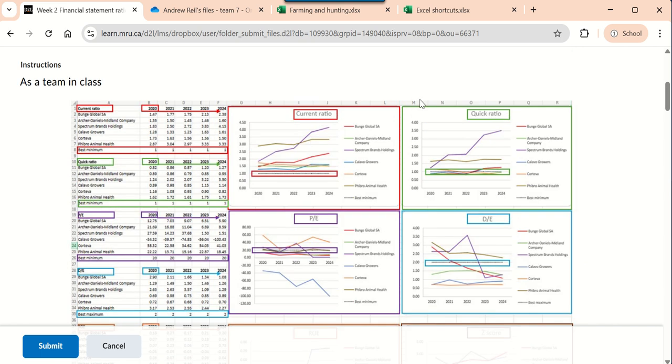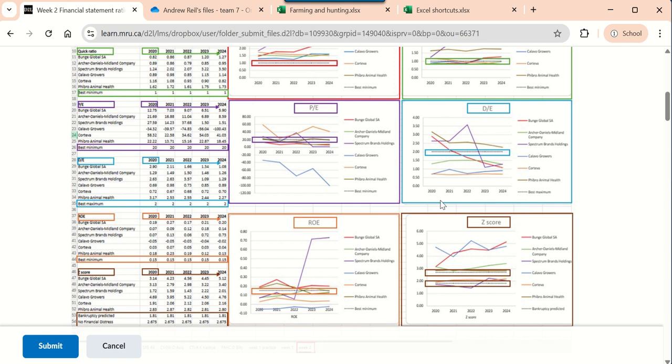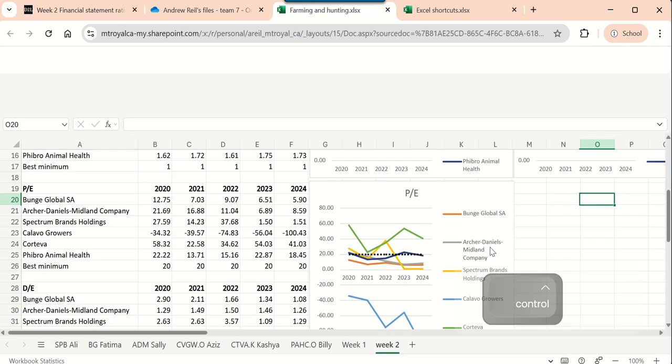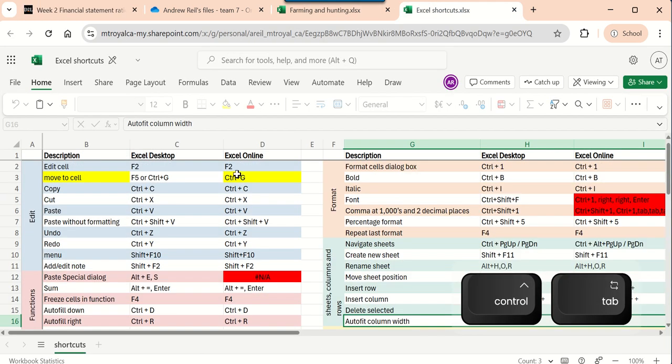So from M to R column and from about 19 to 35. And it's going to have, notice the best maximum here, which is 2, is a black dotted line. Legends on the right, years down at the bottom. That's what we want. So the shortcuts we're going to use is we're going to go Control G to go